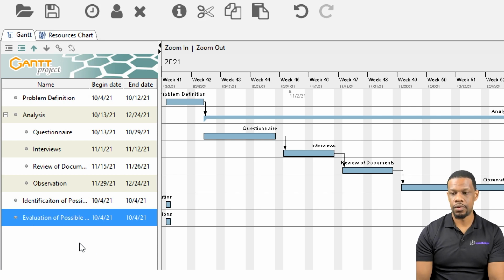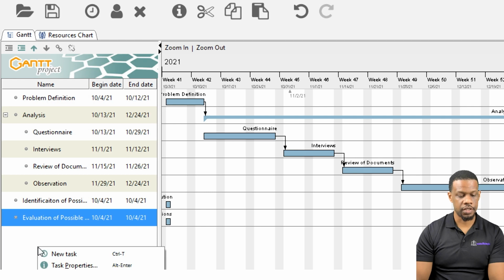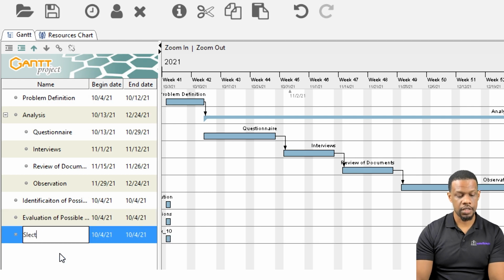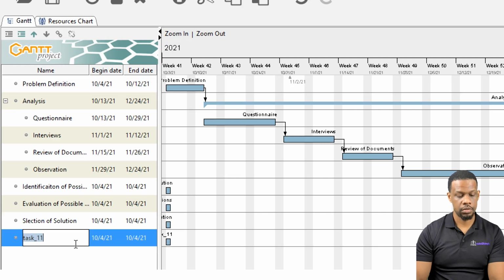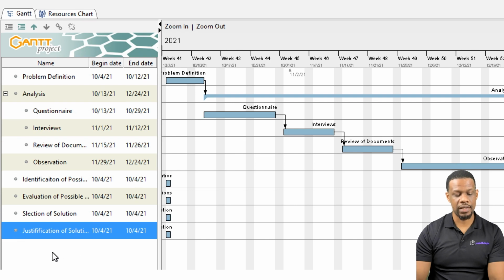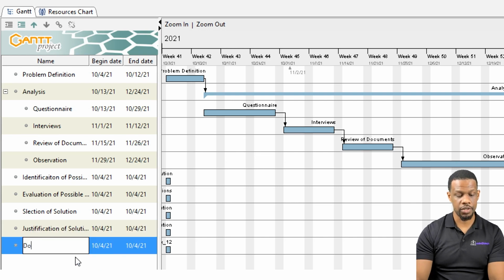And then we have selection of solution, and then justification of solution. And then the last part, you're going to put in document preparation,